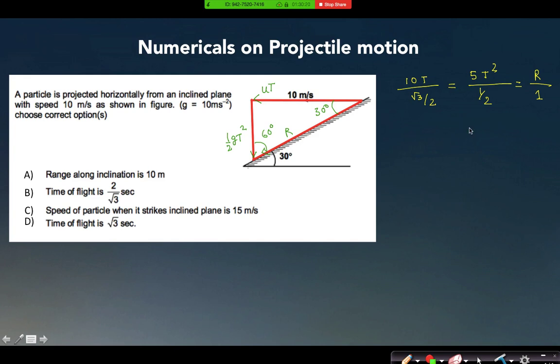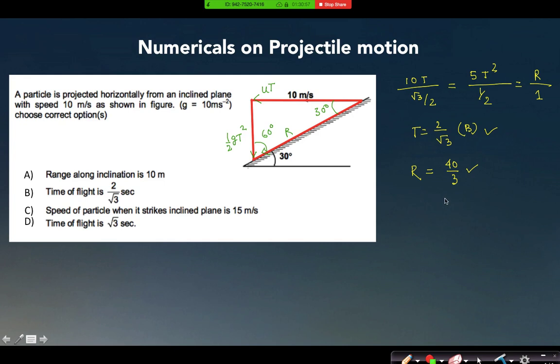From the first two expressions, t will get cancelled out. Time will be 2 by root 3 second. That is option B. And if I put the same time in the range, I will find it is 20 by root 3 into. No, t gets cancelled out now. One t will get cancelled out. So range is 40 by 3, time of flight is 2 by root 3, and I have to